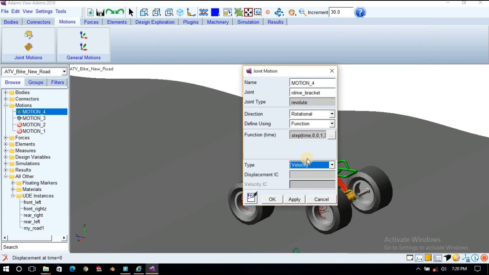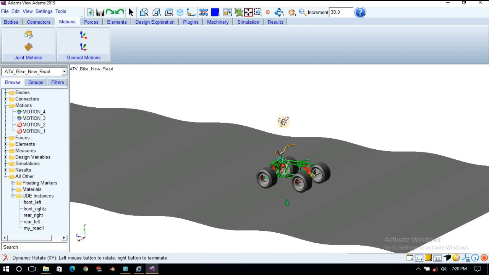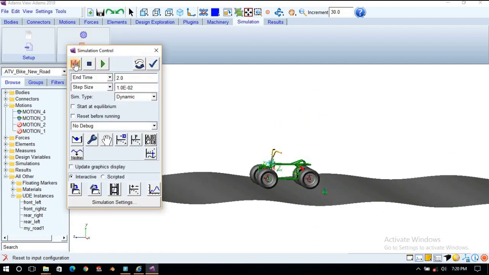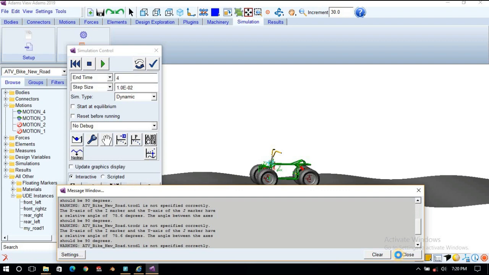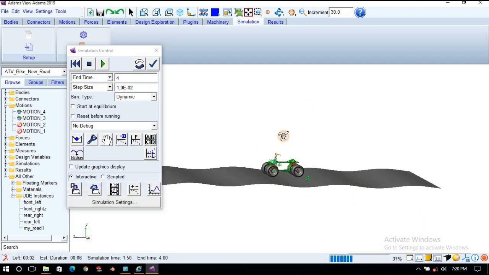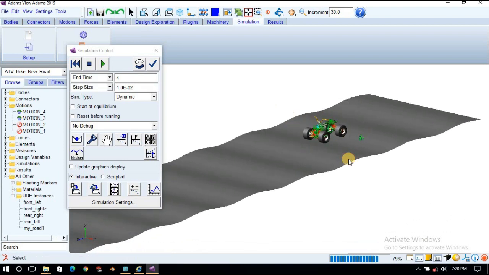Here you choose velocity. Okay, now we will run and see whether it is working properly or not. Run it for, let's say, 4 seconds. So ignore this warning. Orient it properly so that you can observe.